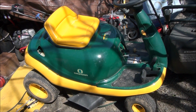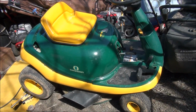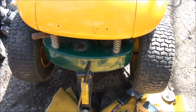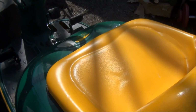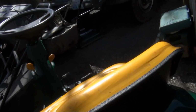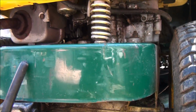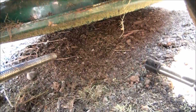Today we're going to be replacing all the belts on a YardBug. Cute little thing. First thing I'm going to do is jack it up and back here, as you can see. Also, now would be a good time to lower the deck to its lowest position. We're going to have to start removing pulleys, and the first pulley I'm going to break loose is the main engine pulley,